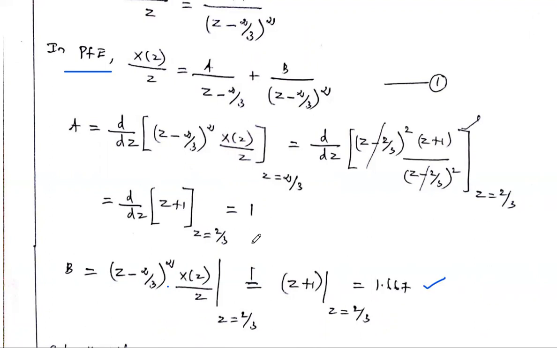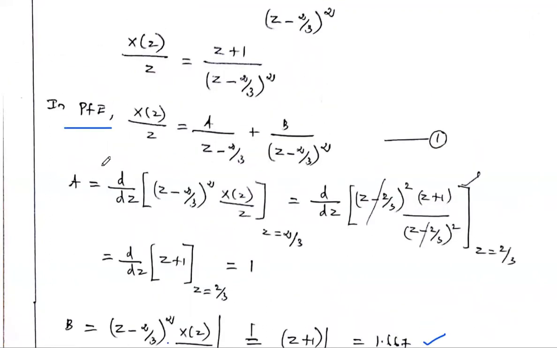Okay, this is the B. And A, okay, so you know A is written as 1 times the root, we may write. So the A is calculated as that 1 time differentiation, the d by dz of this B value. Okay, so you see, d by dz of (z - 2/3)^2 into this left sided function X(z)/z at z = 2/3.